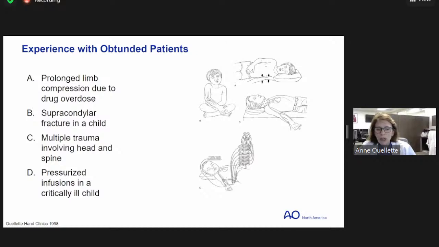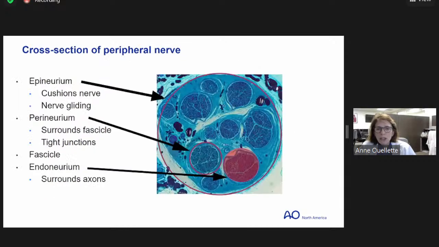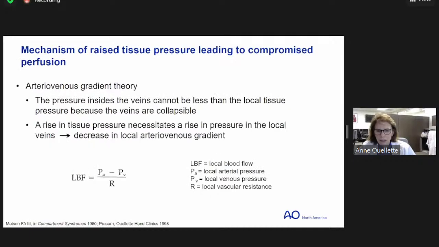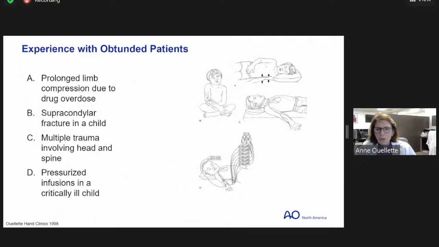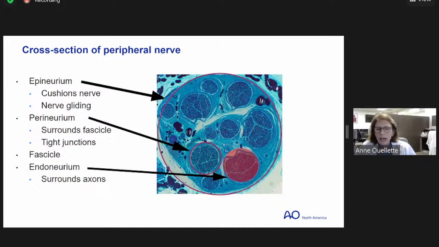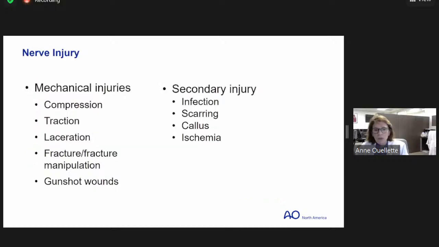And particularly with head trauma and pressure from infusions and that kind of thing, and particularly in critically ill patients, the nerves are part of the problem. So you've got multiple areas. With the nerves, you now have epineurium, perineurium, endoneurium. Each one of these areas can create an area of compartment syndrome. Fortunately, for the most part, it's very rare that you have to release any of this, and usually just releasing the epineurium is sufficient. That's particularly true in gunshot wounds.